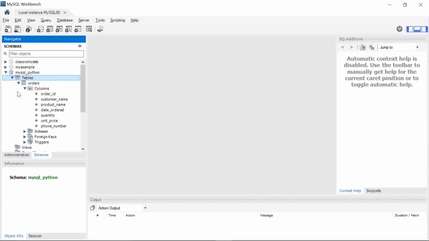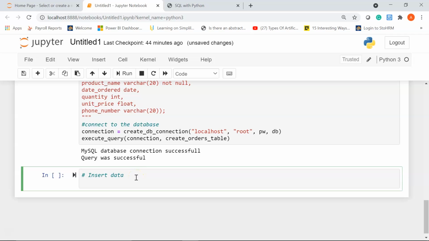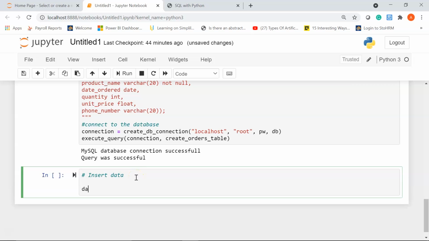Now it's time for us to insert a few records to this table, which is orders. To insert records, I'll give a comment as insert data. I'll start with the variable name. Let's say the variable name is data_orders.